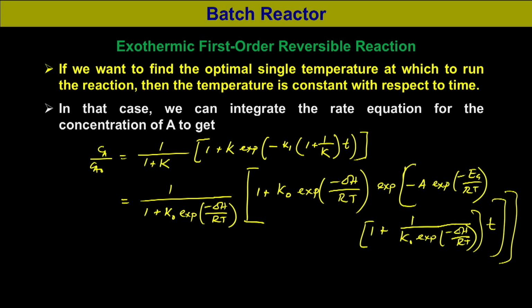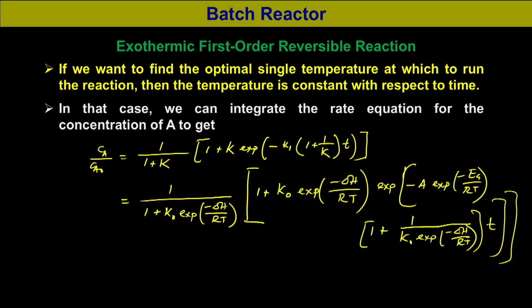In the earlier equation we have seen that the change in concentration with respect to time has a relation with the temperature. But if we want to run the reactor at a single optimum temperature, that means the temperature is constant with respect to time. In that case we can integrate the earlier equation, the red equation for the concentration of A, to get,